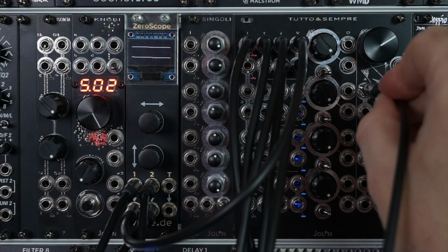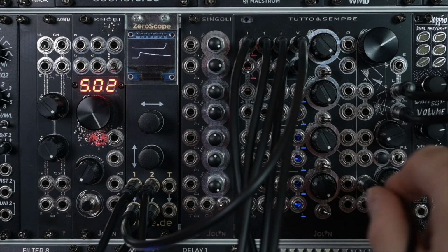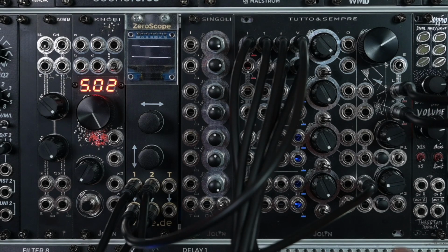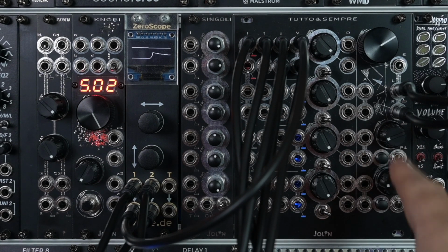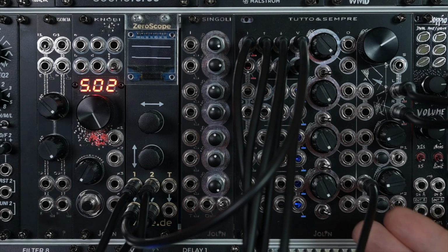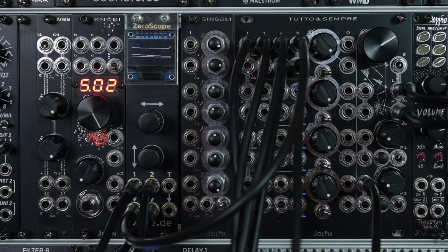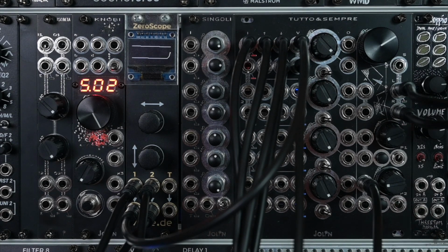Sending anything to either the auxiliary inputs or the headphone inputs will mix the signal at unity gain with everything else that's going on in Tutto Sempre. But you probably saw it already. For these two bottom stereo inputs, which are connected to a headphone driver, it depends on the setting of this push button here. When this button is ejected, or not pushed down, the signal that we connect to these inputs, and again these are normalized, is just mixed in at unity gain in the master bus. But when we press this button down, the signal is muted from the master bus,